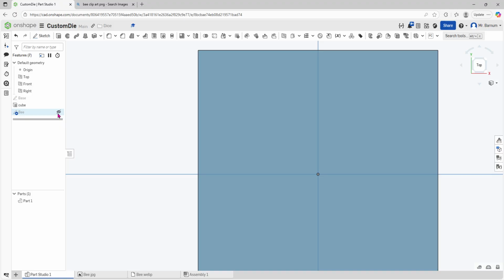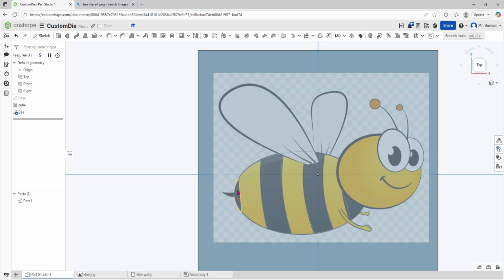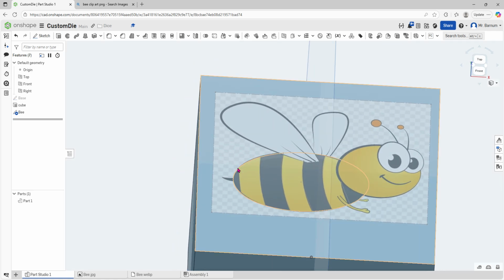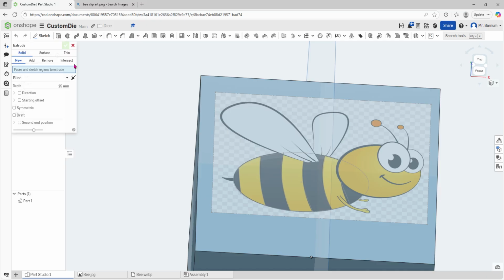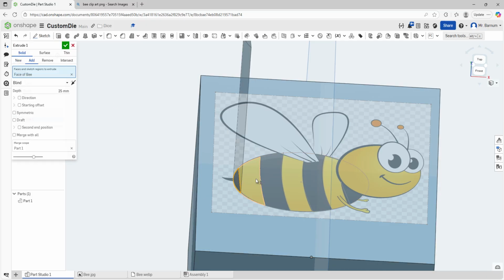You can also make it disappear as you wish, but we can also see in here are all the shapes that we have done. So maybe I want to do all of the black parts are going to be going into, maybe this will be, we'll make these ones different color. I'm going to make all the black parts different colors, and then all the other pieces will be the same as the background. So what we'll do now, I'm going to do an extrusion with the pieces that I've already